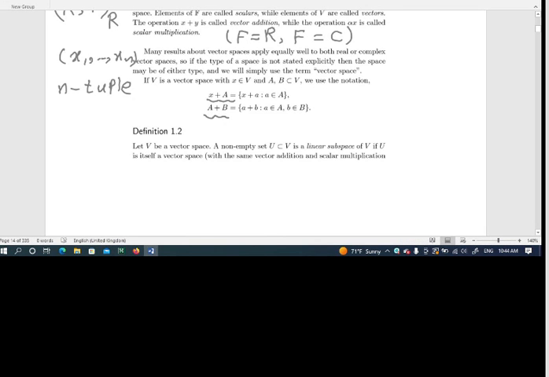Okay, in a vector space, for two subspaces like A and B of a vector space V and a member x, and a member x